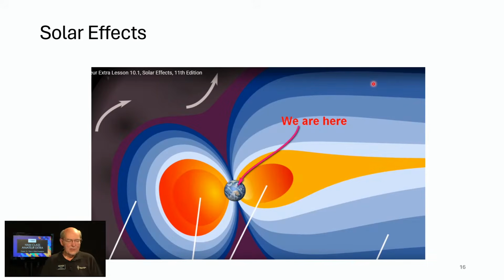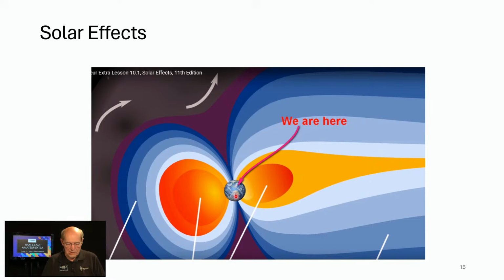So you've all been in a shopping center, and you come to these signs that says, "You are here." Well, here we are on the Earth. And here's a picture of the magnetosphere. Notice how it's kind of bigger on one side than the other. That's because of the solar wind impacting us. We've got the North Pole and the South Pole of the Earth. That's going to be important,